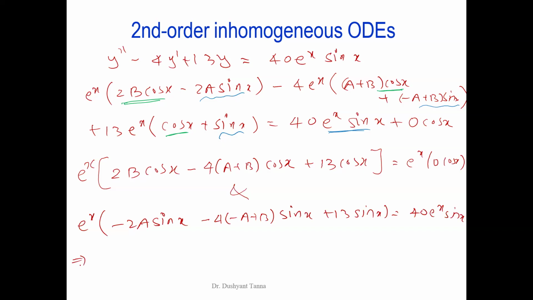Watch it carefully here. Don't worry about e^x. Don't worry about cos. So 2b minus 4a minus 4b plus 13. Did I miss anything? No. Is equal to 0. And the second equation,